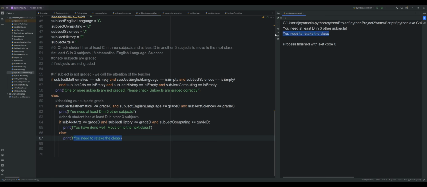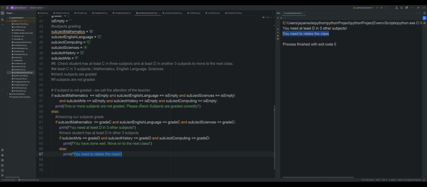And we came there because it did not meet the criteria. What if you came here and say mathematics is maybe F? We haven't covered that. It won't print anything for us. So because this if, no, this one,